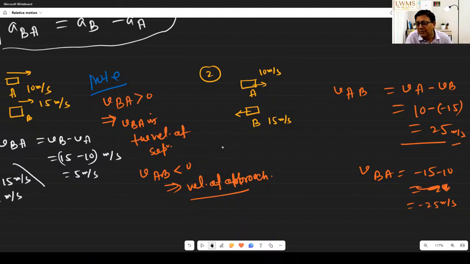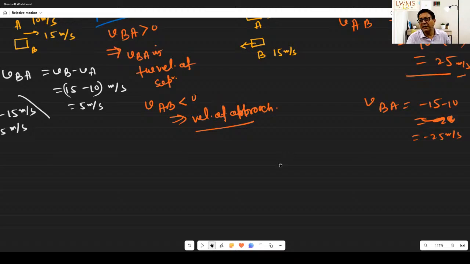Now let us solve some practical problems on it. Practical problem means we will be discussing the lift problem. In a lift, if a projectile is thrown vertically upward and the lift is accelerating upward, then what will be the time of flight and what is the maximum height? This can be solved nicely with the help of relative velocity or relative acceleration. So the topic we are naming like this: